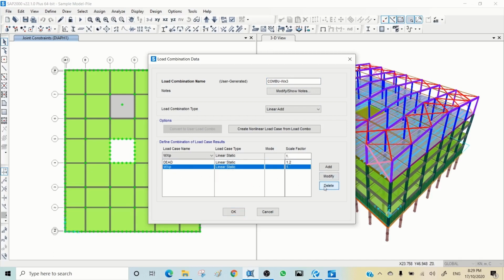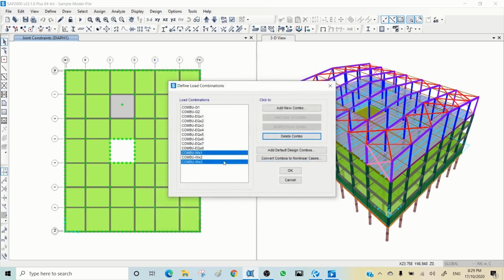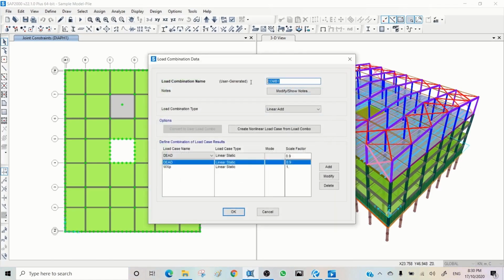So I need to delete these, and I need to change this factor to 0.9. Again, this is based on Australian standard. Please check your local standard. So I have this one for WindXP, and then I can add a copy of combo and create WindX4 and change this one to